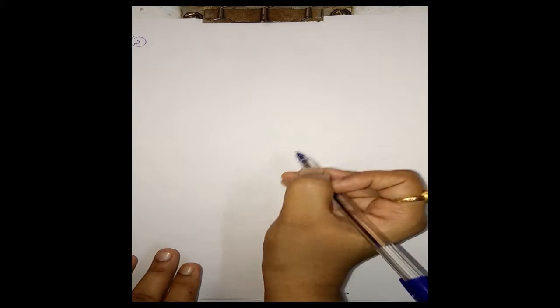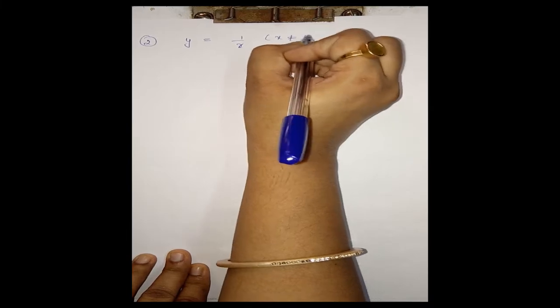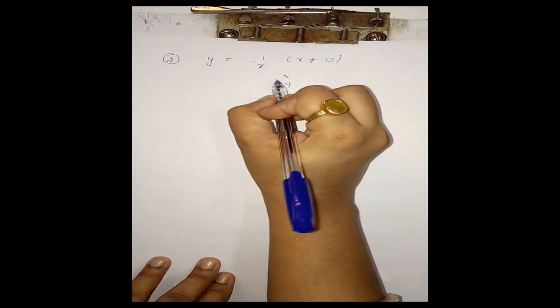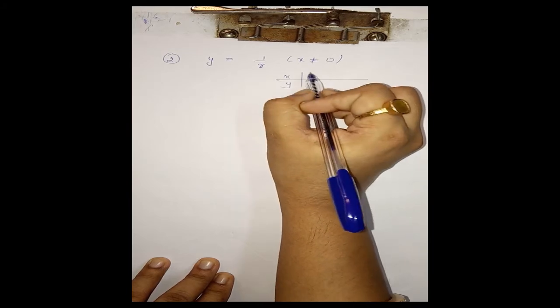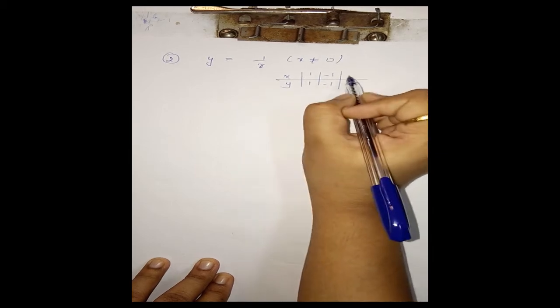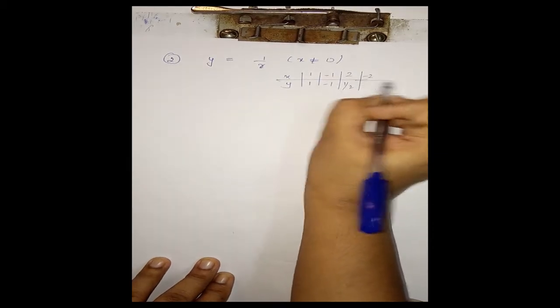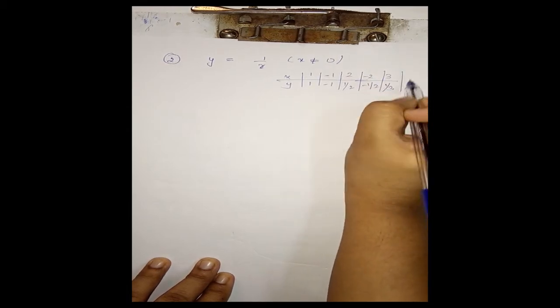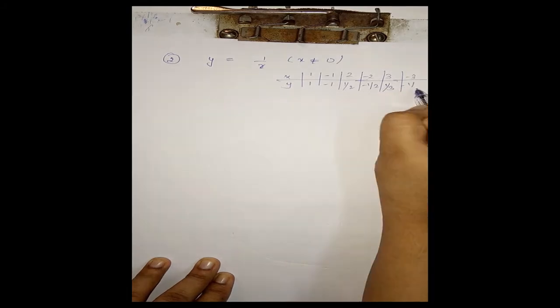Okay. If I take the next curve to be y is equal to 1 by x, where x is not equal to 0. When I plot this graph, let us take some values of x and y. If x is 1, then y is 1. If it is minus 1, it is minus 1. For 2, it is 1 by 2, for minus 2, it is minus 1 by 2. In the same way, 3 gives 1 by 3, and minus 3 gives minus 1 by 3.